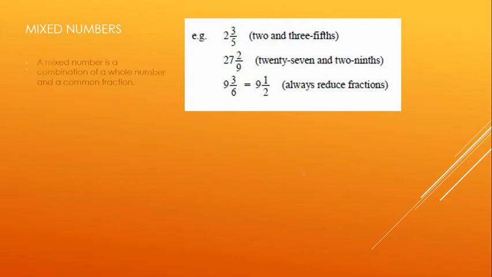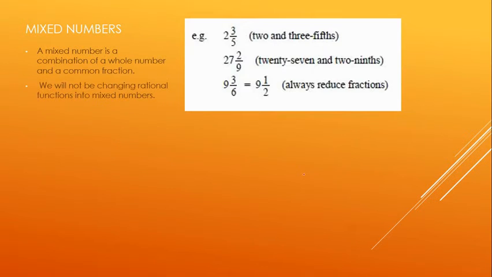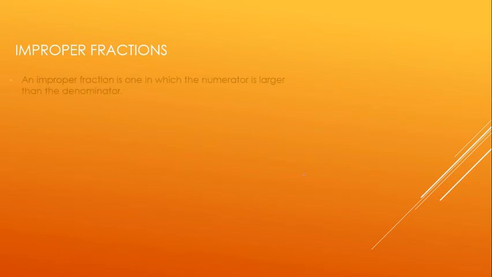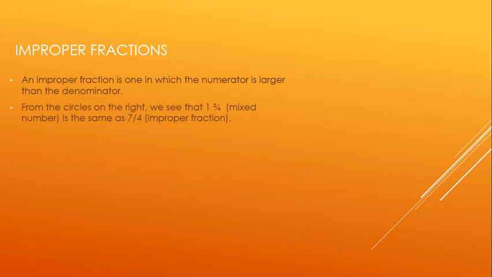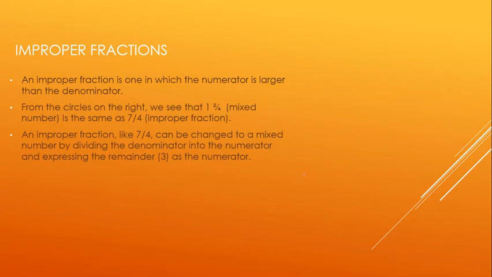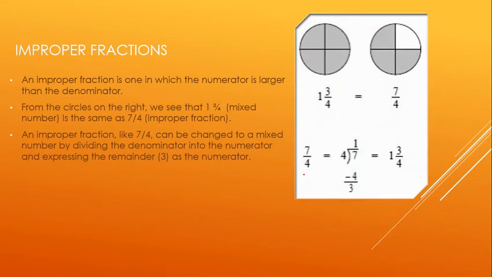Mixed numbers. A mixed number is a combination of a whole number and a common fraction. We will not be changing rational functions into mixed numbers. Improper fraction. An improper fraction is one in which the numerator is larger than the denominator. From the circles on the right, we see that the mixed number 1 3/4 is the same as 7 over 4,